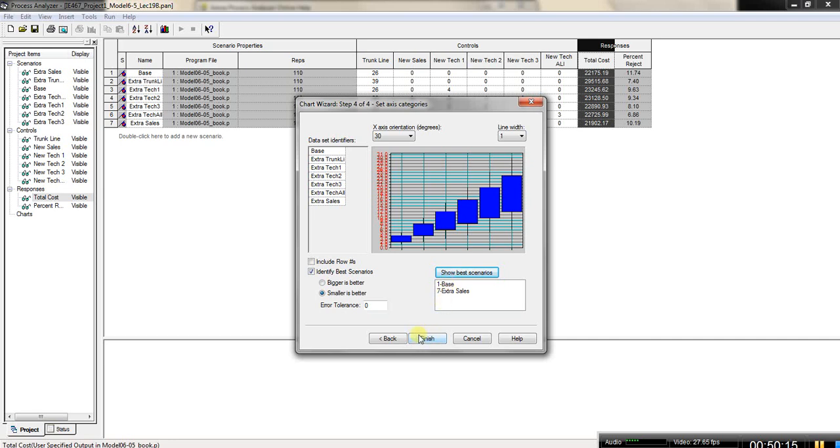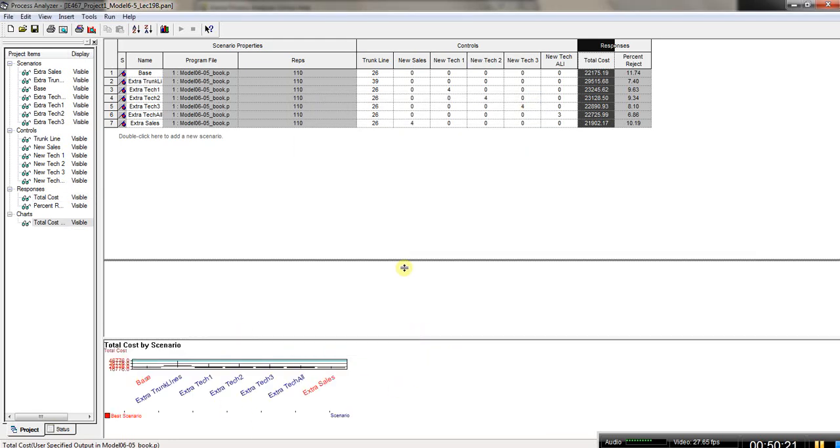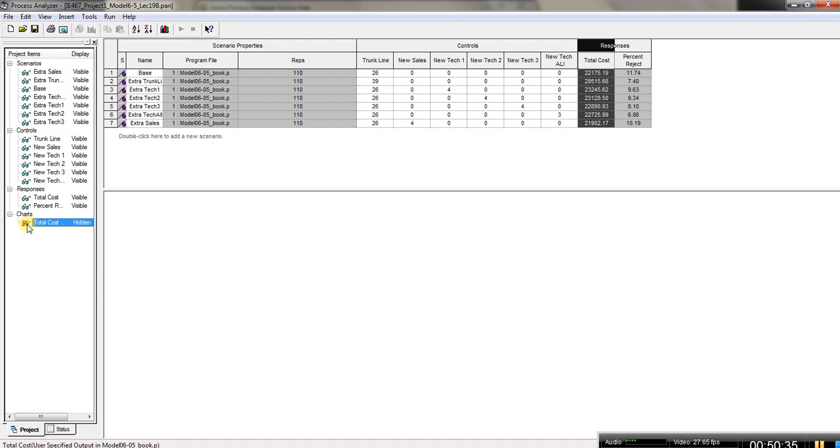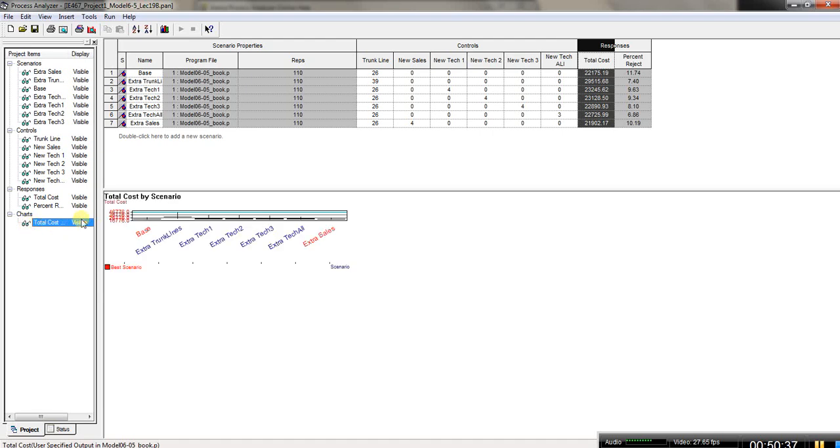And as I click on Finish, it will produce a chart here. So you can see now I got this chart here, which says total cost by scenario. And notice also this chart includes this total cost by scenario. I can click on it and it will open a single chart for me, or I can make it invisible. And so again,